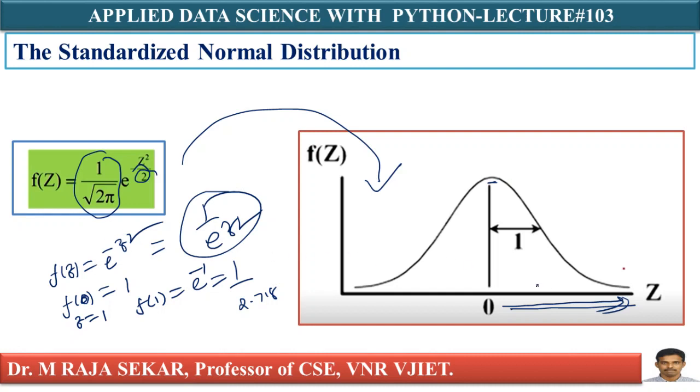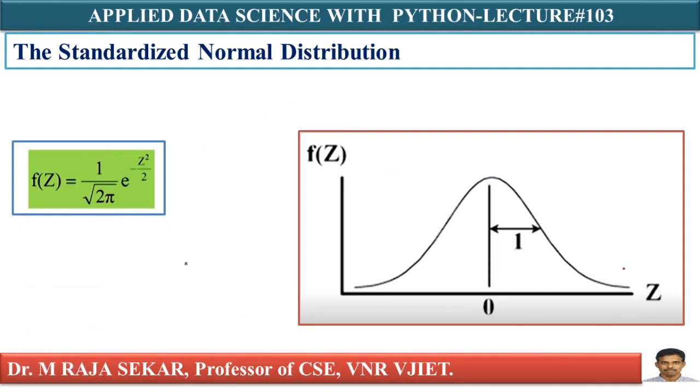As it is an even function, if you have some proper mathematical background, it is symmetric about this particular line. Why? Because if you keep plus 1 or minus 1, you will get the same thing. If you keep z equal to 1 or minus 1, still you will get e power minus 1 only. Therefore, if this is 1 and this is minus 1, you will get the same area. That's why it's symmetric, isn't it? It is simple mathematics. Just substitute z equal 0, 1, 2, 3, 4, 5, 6 and minus 1, minus 2, minus 3, minus 4. You will get this particular curve.